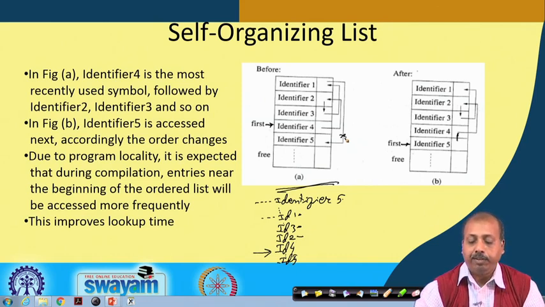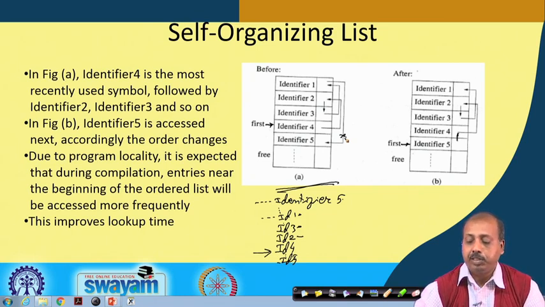So, ID 4, ID 3, ID 2 are supposed to be accessed more compared to ID 5, but the example that we have taken is slightly non-intuitive, and all of a sudden, instead of identifier 4, 3, 2, identifier 5 has been accessed. That can happen because it is not mandatory that a program will always follow the locality of reference. Sometimes it does non-local reference also, and here it is done on identifier 5, and as a result this list gets reorganized. Now it is as shown in figure B.